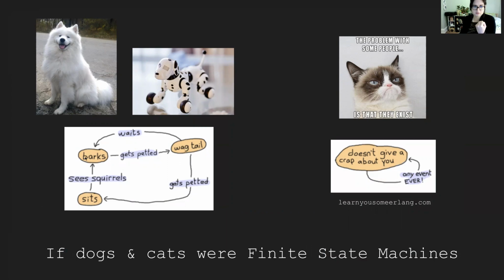So here's a functional specification for a very simple dog program. And here's a cat, grumpy cat specifically. And you might think that you can specify grumpy cat functionally as well, although there's a very simple function here for this cat. So basically, if dogs and cats were finite state machines, they would have functional specifications that you could give that would look maybe a little bit like this. Okay, so